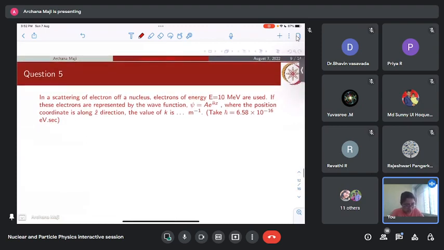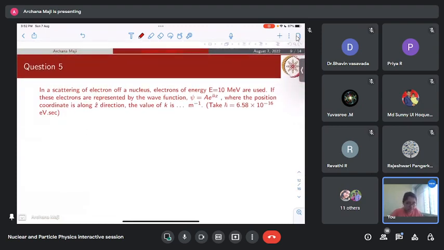Let us move on to the fifth one. In a scattering of electron off a nucleus, electrons of energy 10 MeV are used. If these electrons are represented by the wave function where the position coordinate is along z direction, what is the value of k? Okay, so we need to use, for a plane wave,